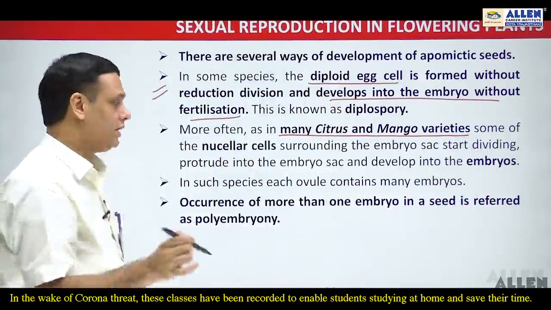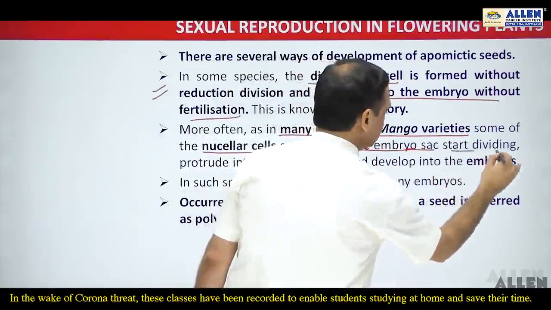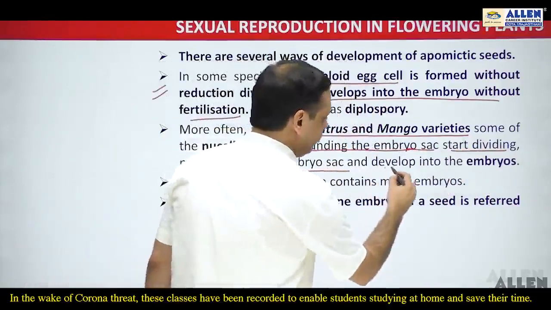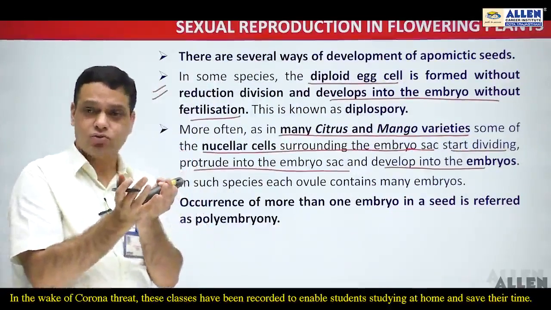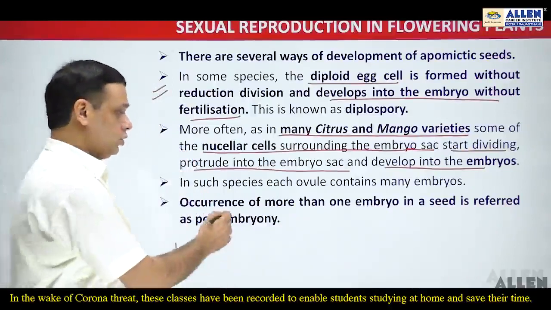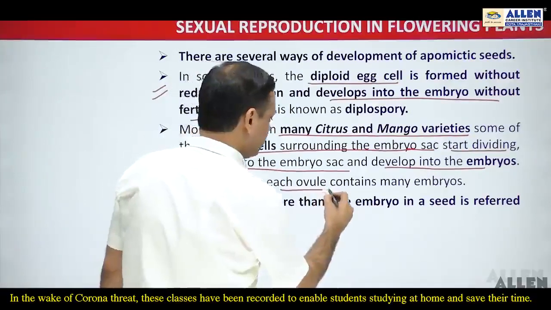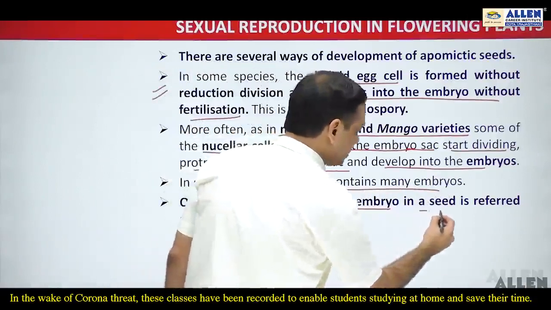The nucellar cells surrounding the embryo sac start dividing and protrude into the embryo sac and develop the embryos. So such a type of seed is formed that contains a large number of embryos. In each ovule, it contains many embryos, meaning the occurrence of more than one embryo in a seed,